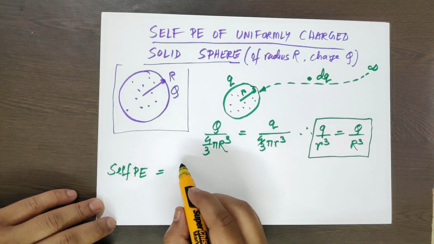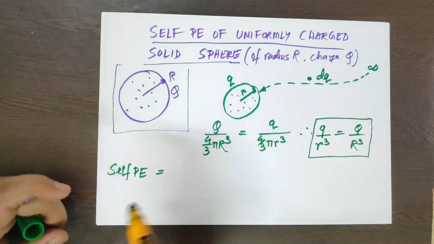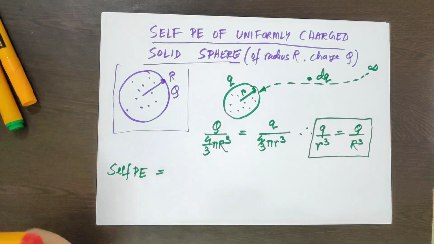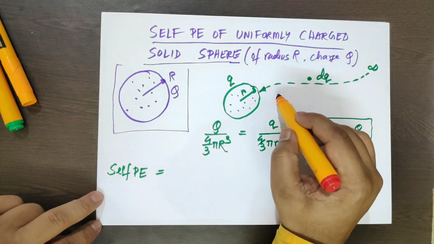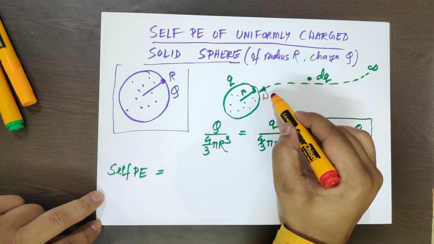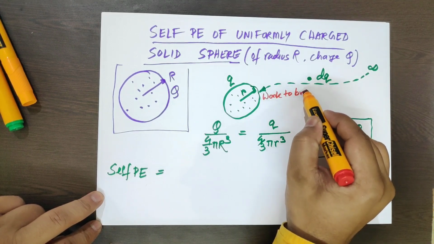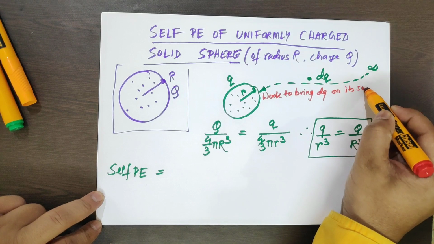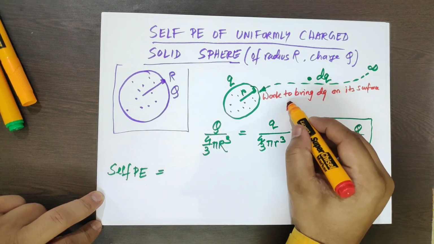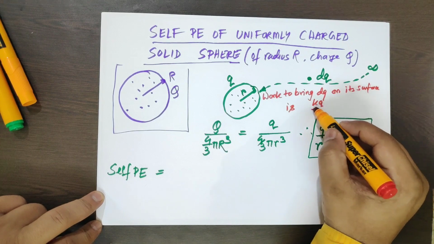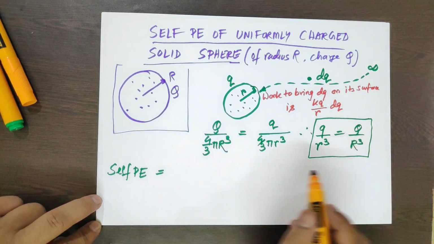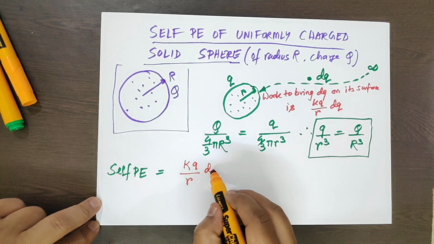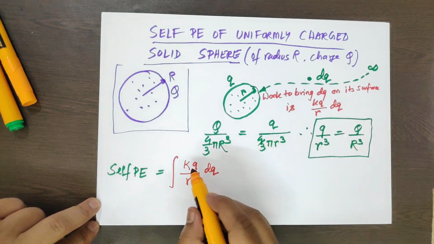We will have to integrate what? See, at this point, say let's add one more step. At this point, so work to bring dq on its surface is k small q by small r times dq, right? Now you have to integrate kq by r times dq from, there are two variables q and r,